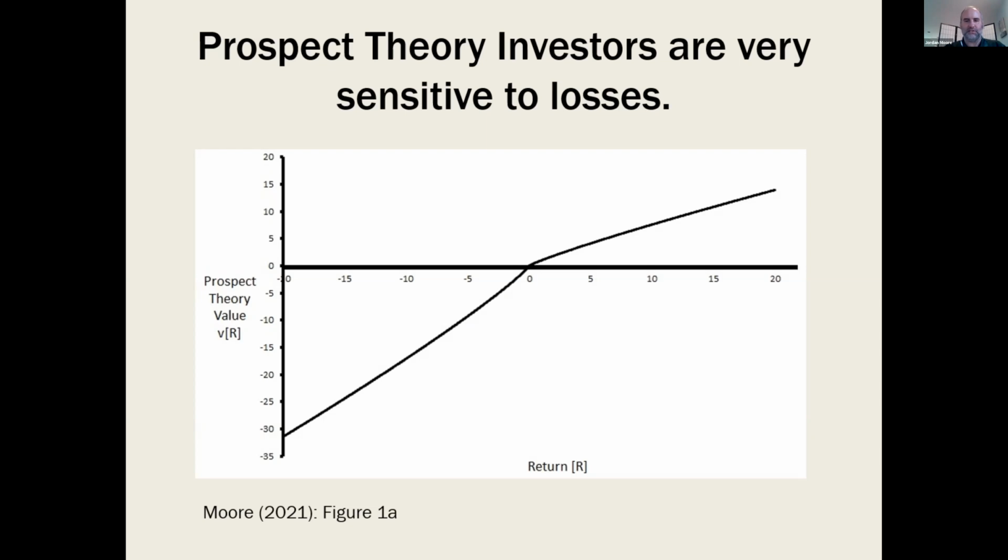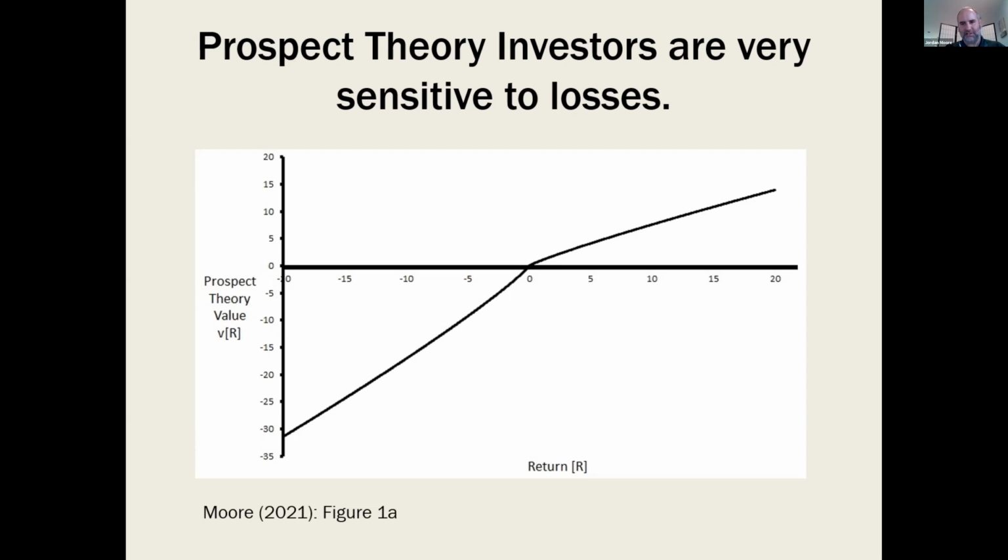value function, which basically says, this is what an investor feels subjectively based on the performance of an account since the last time they looked at it. So there's some return on the horizontal axis, and a higher return is always better, but you can see here investors are much more sensitive to losses than gains, right? They hate losses 2.25 times as much as they like gains. There's also some differences in convexity and concavity over losses versus gains. That's sort of harder to see in this picture.